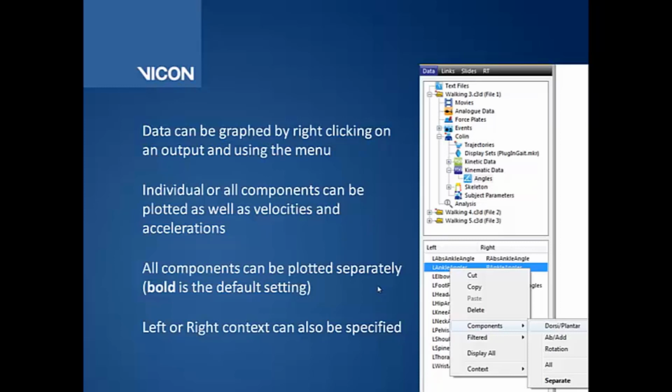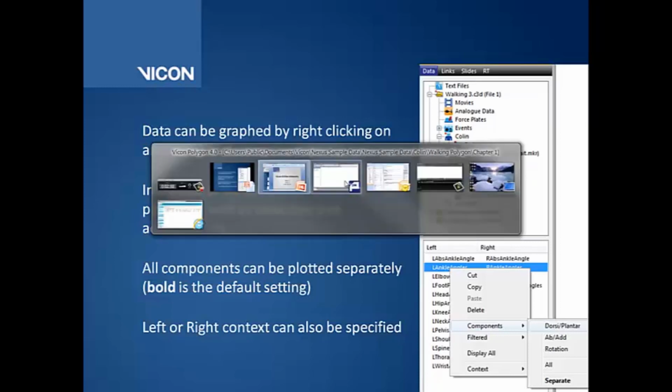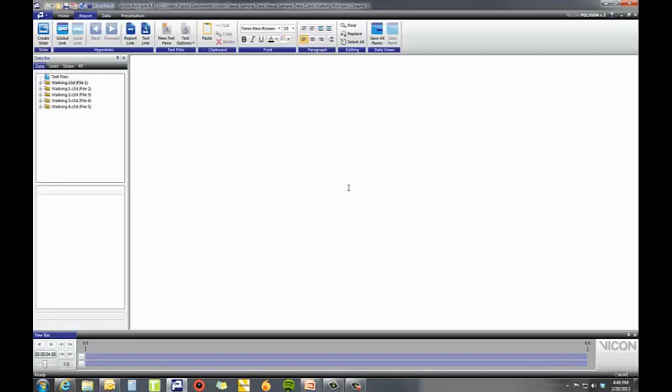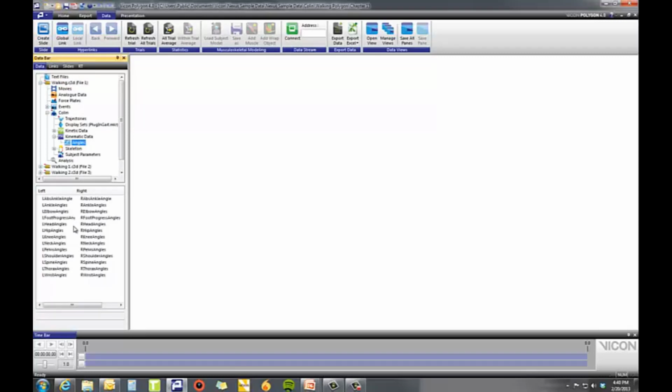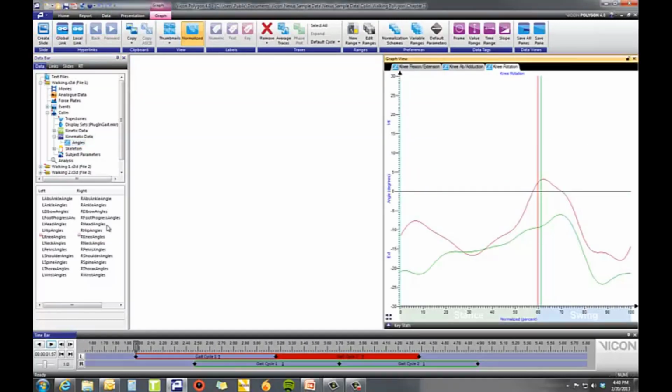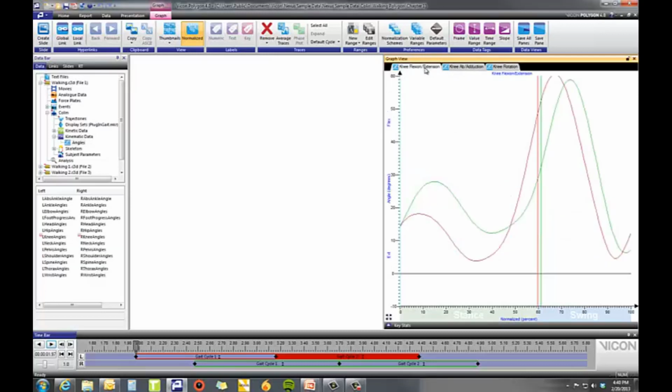So let's go ahead and go to Polygon and go through that part. So here we have a blank report. I've imported 5 data files, so I'm going to expand number 1. Colin is already expanded for us, and kinematic data. So I'll go ahead and click on angles. We talked about how you can graph them by just double-clicking. So here we've got knee rotation, knee ab and adduction, and flexion extension. If I close this,